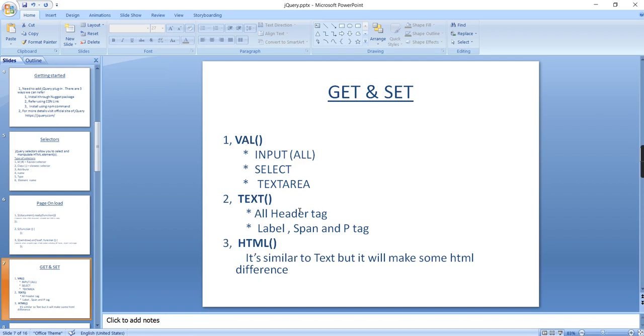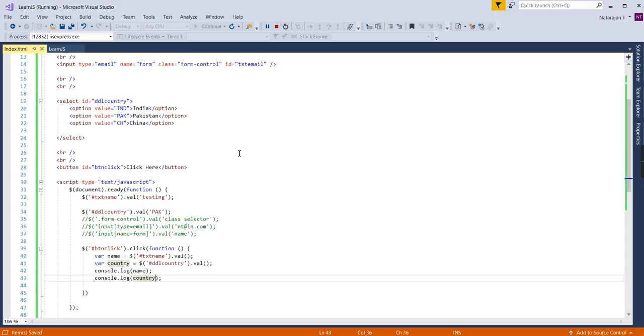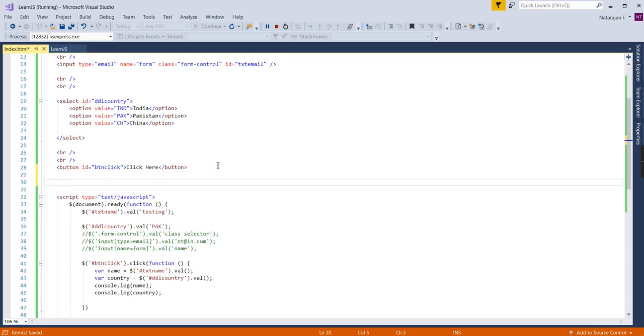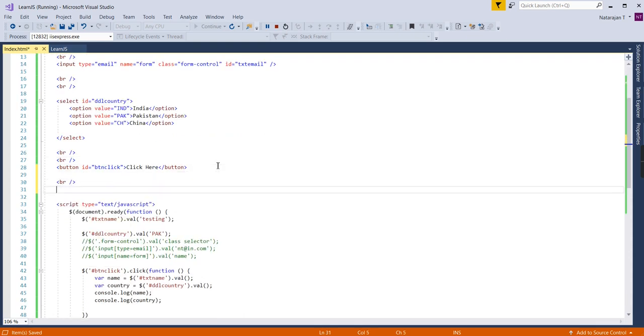Now let me move on to this text. Basically this text is used for read-only controls like paragraph and header controls like H1, H2, H3, span, labels. In these cases, we can use this text. So let me explain here. After the button, I'm going to have one span tag. Okay. And in this ID,